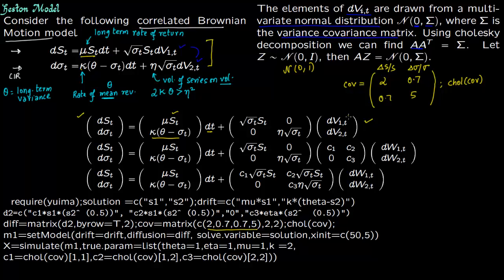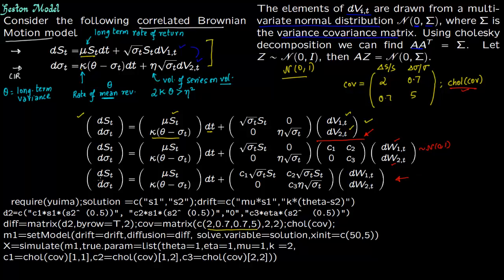The second step is, you know that these two are correlated and we want to convert them to normal 0 1. So what you do is you write the covariance matrix and take its Cholesky decomposition. So this is the Cholesky decomposition. This matrix I'm writing right here. Cholesky decomposition is always upper triangular, and then you can use normal 0 1. So these two are now normal 0 1 random variables. Now you just multiply these two matrices, you get this matrix. Everything else just copies down as it is. And this now you can feed into your R and simulate the Heston model.